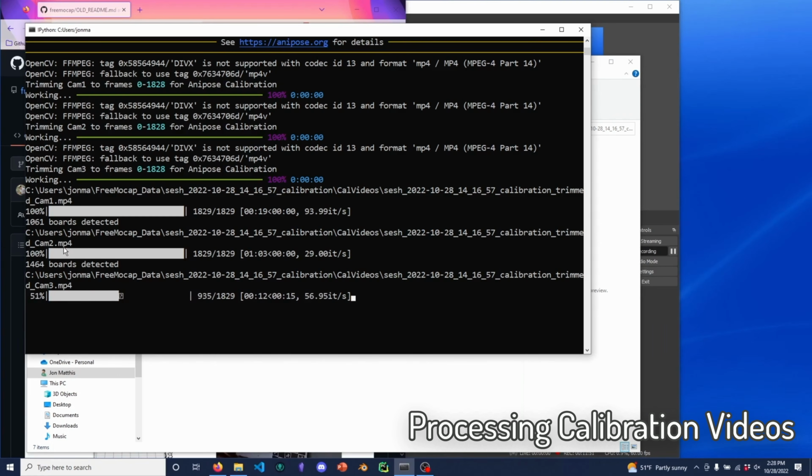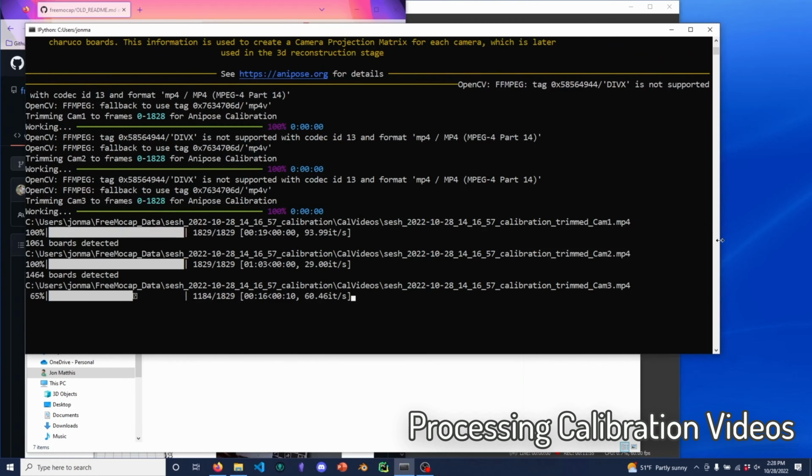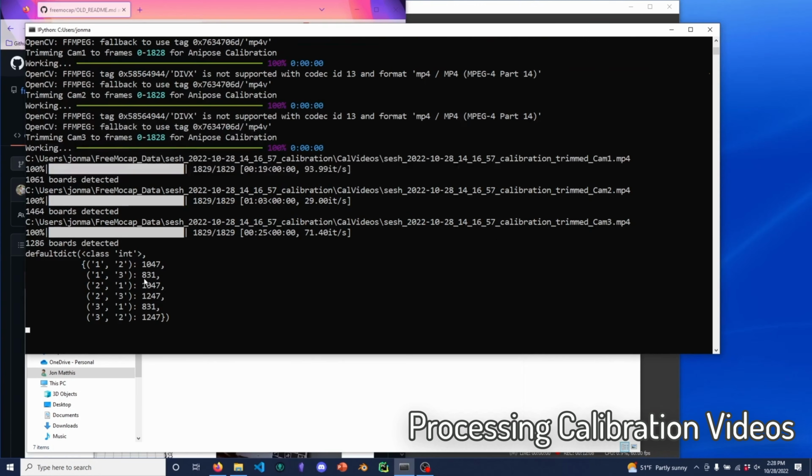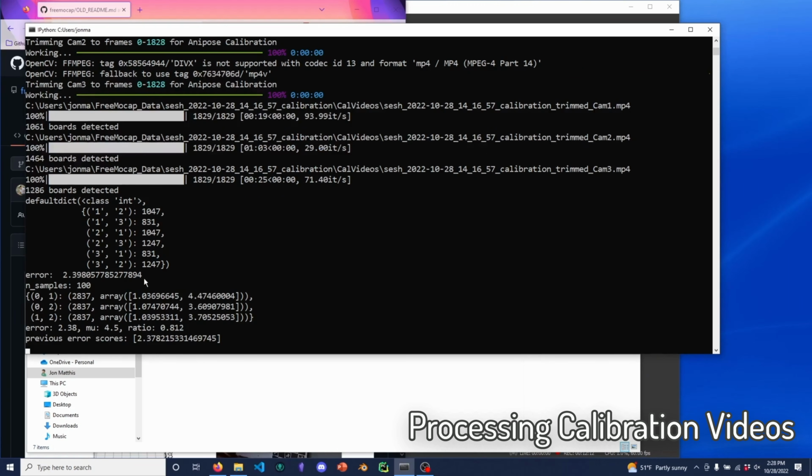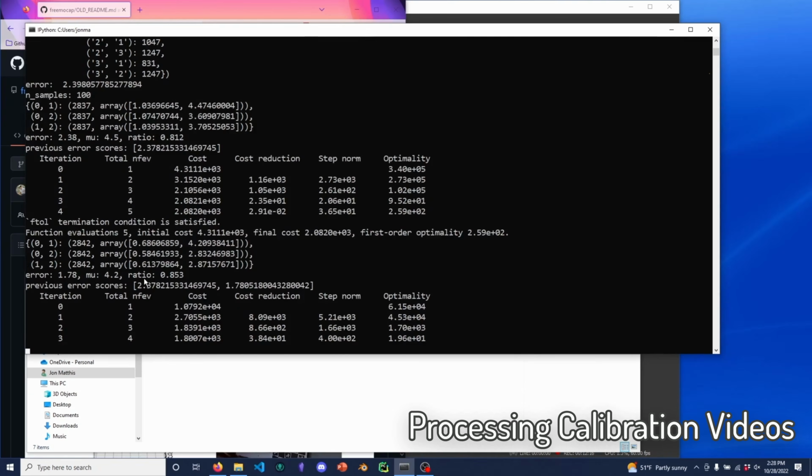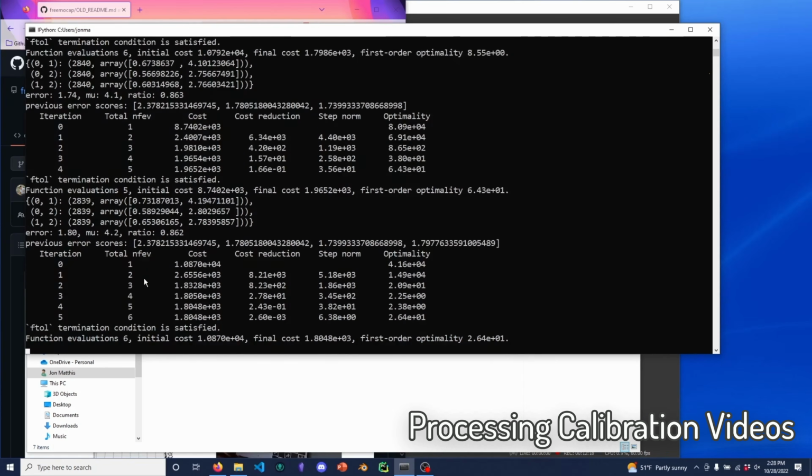But anyways, so camera 2 detected 1,400 boards, and now we're running through camera 3, which will have also over 1,000, which is way more than you need, but should be plenty for the calibration part. And once it's through that, it's going to start running through the rest. The outputs that come next come from AnyPose. They're helpful if you know what they are, but I think one of the things you're going to be refactoring is making this more explicit and more explanatory.